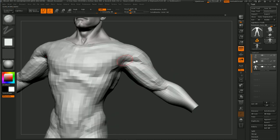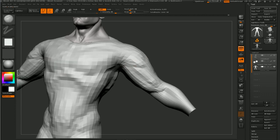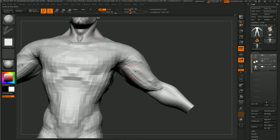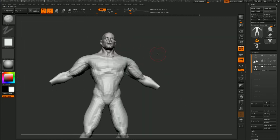For those who don't know and care about that sort of thing, the bicep has 2 points of origin, or 2 points of insertion, or 2 points of origin. I'm not sure how to use the term properly, but it has 2 heads, and one connects up and into here, and one connects up to the acromion point of the clavicle. So one way to make the bicep look a little bit better is to have the connection small and tapered down here, and you don't want to overly define this shape because fat and skin kind of fills it out, but to give it 2 heads, kind of